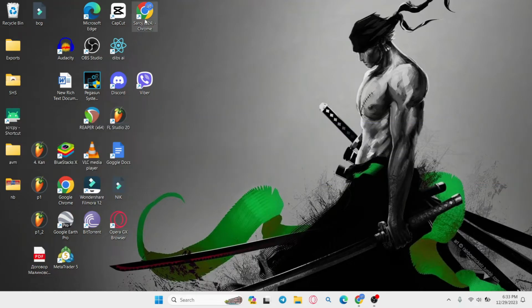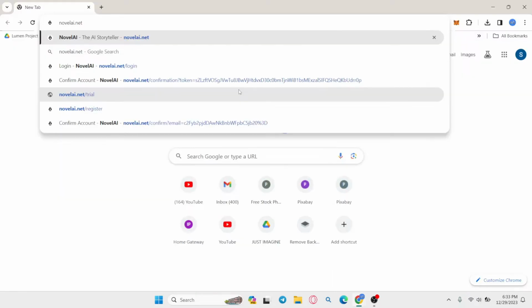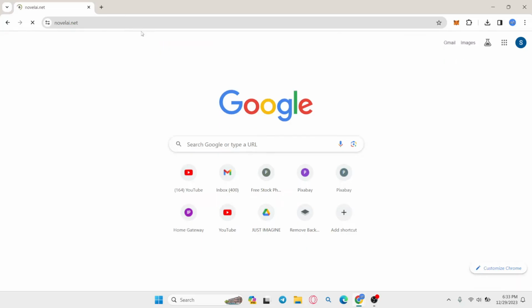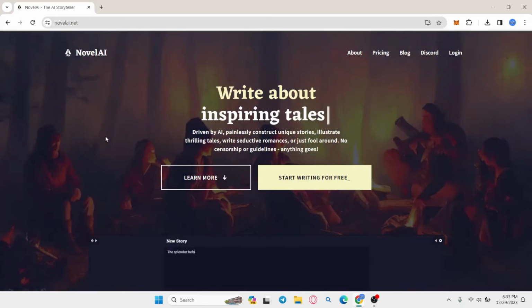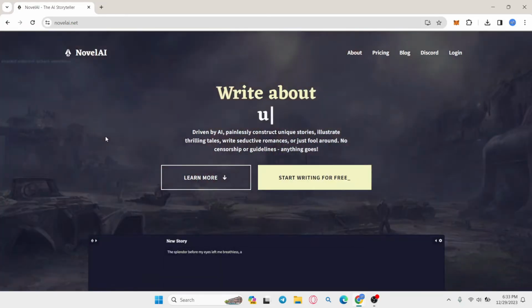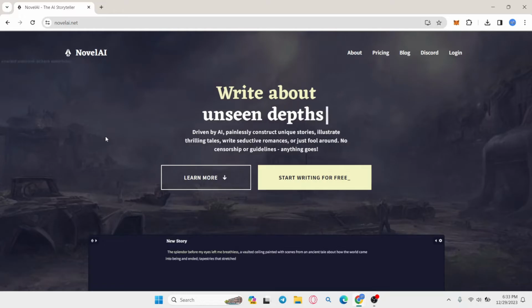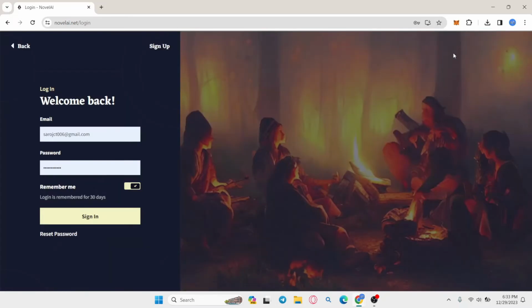First of all, open up your web browser and then in the address bar type in novelai.net and press enter. You will then be taken into the official Novel AI website. Now from this page, click on the login button at the top right corner and you will be taken into